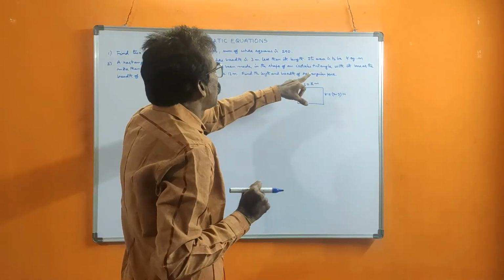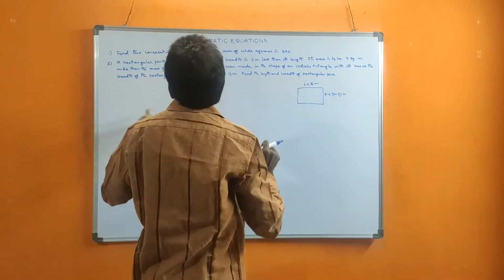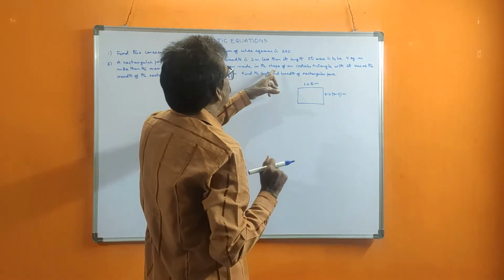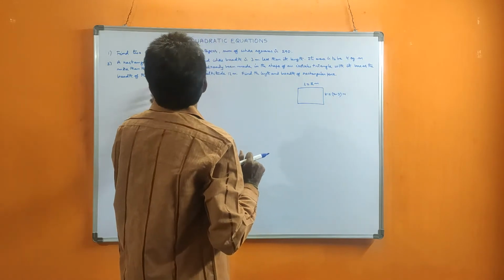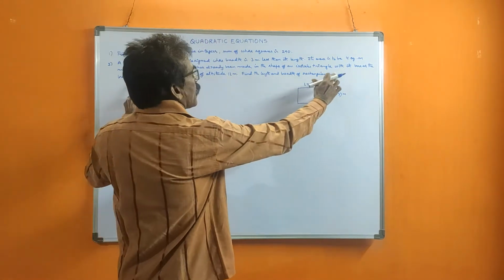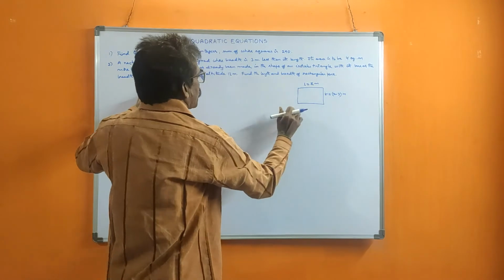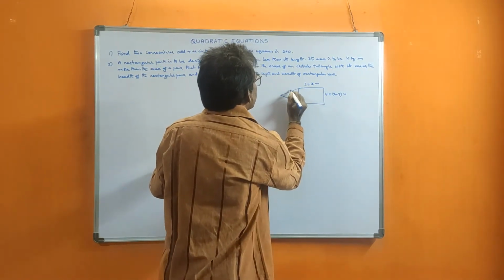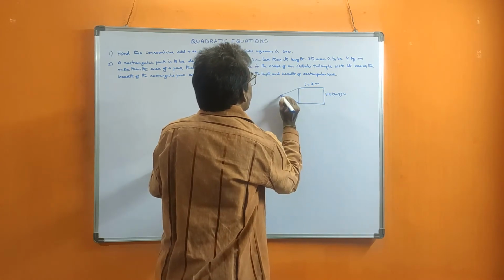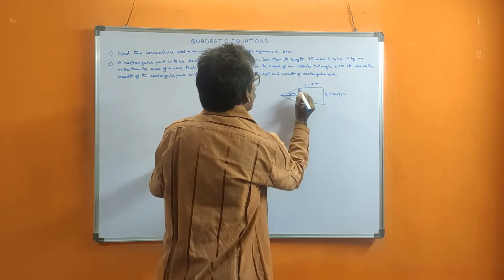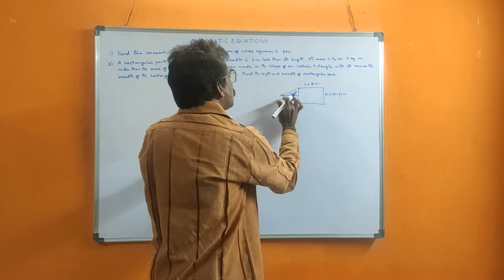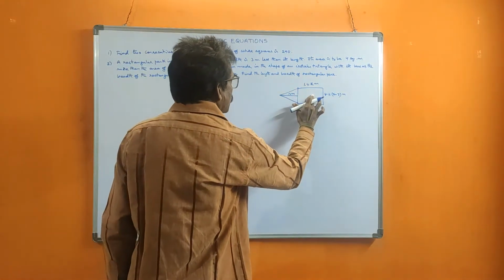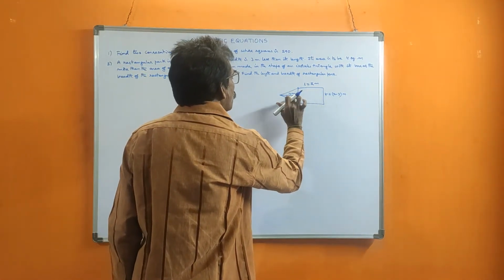Now its area is 4 square meters more than the area of another park. It is in the isosceles triangle shape and its altitude is 12 meters. Its base is equal to the breadth of the rectangle. Another one is an isosceles triangle, with 2 sides equal. He gave its altitude as 12 meters. The base of this isosceles triangle is equal to the breadth of the rectangle. So this area is 4 square meters more than this area.